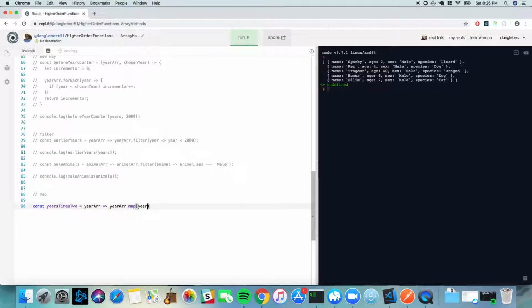So we want to map each year, and we want the new value to be year times 2, and it's actually as simple as that. What you're saying is you're passing it in, and what do you want to return as the new value for your array right there. And if we console log that,